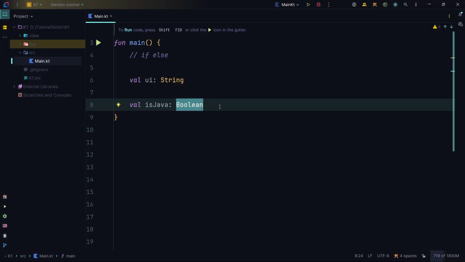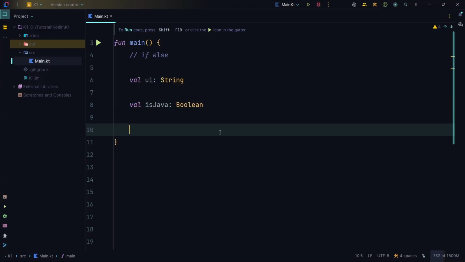So let's see what I mean. If I do something like if isJava equals true. If I use only one equal sign, that means we are assigning a value to the variable. If we do double equal, then we are comparing this variable's value with this value. If this is true,